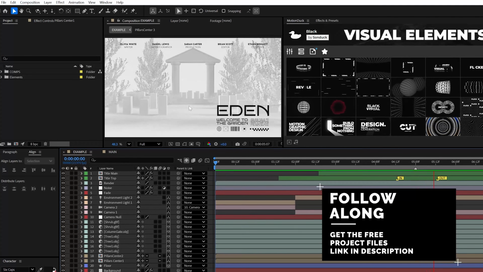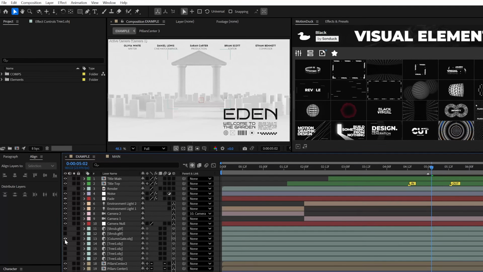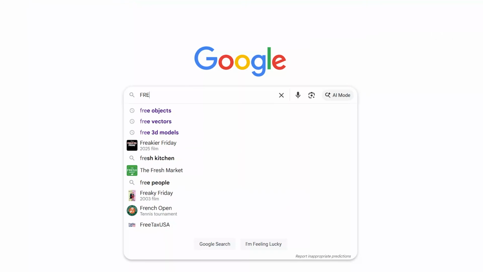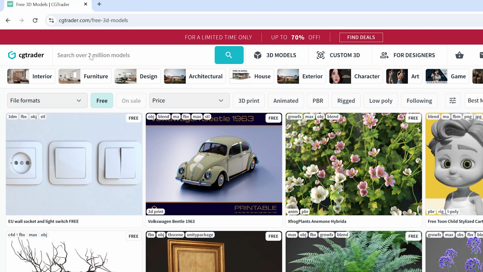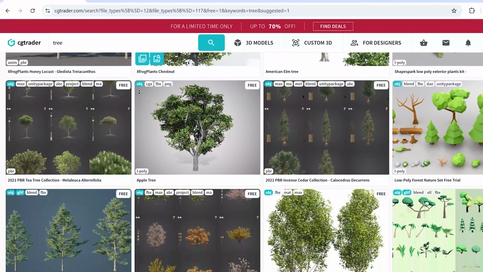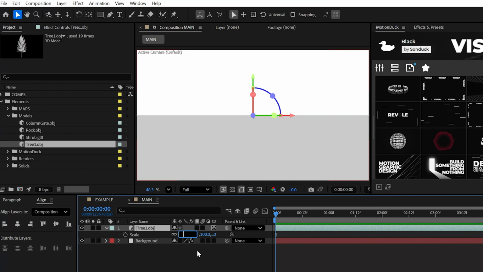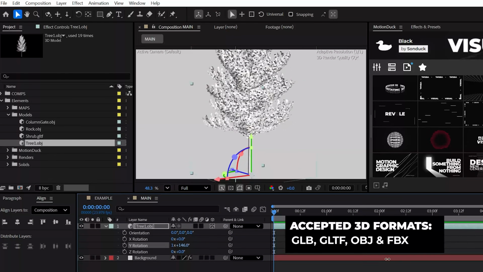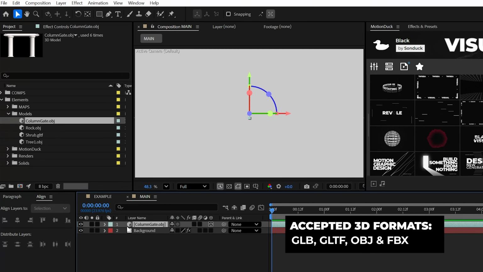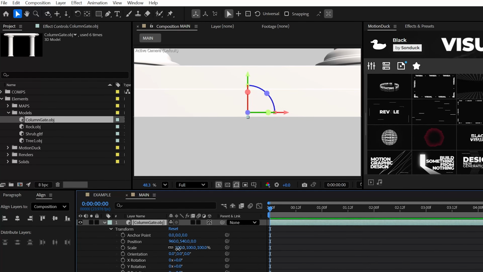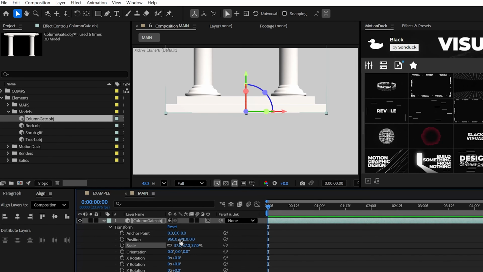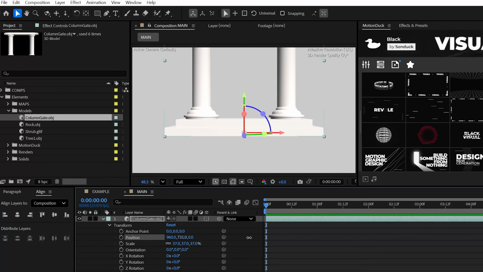and bad haircuts. The first step I suggest is gathering a couple of 3D models that you may need for your scene. For instance, you can find a lot of great 3D models for free when you just do a quick search. You may also get my project if you want as well. Now, you can import 3D models into After Effects as .objs, GLBs, and GLTFs. And typically, you'll need to scale down your model and reposition it as needed, but always start with your main